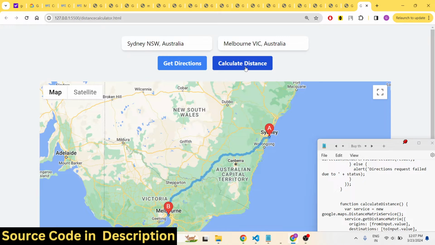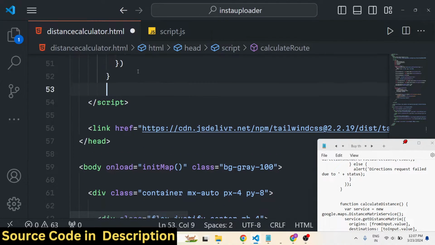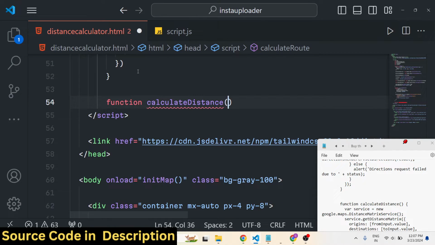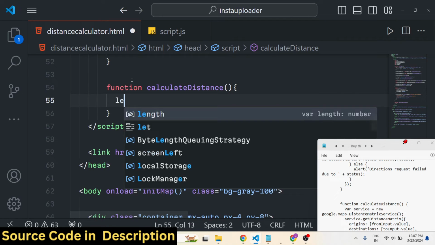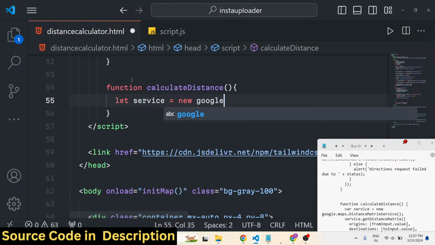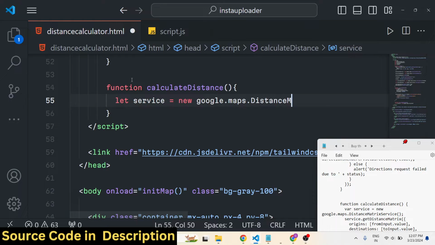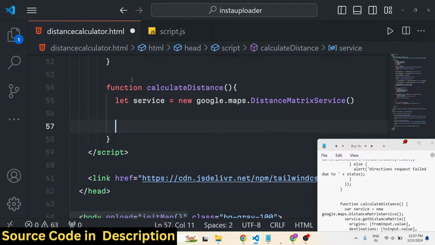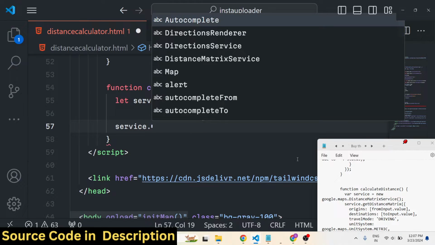Now the second button is calculate distance. So basically you need to define this function, which is calculate distance, the second button. This button will be using again this same API, Google Maps dot distance matrix service will execute the constructor right here. So we are using distance matrix service API, guys. So inside this service dot get